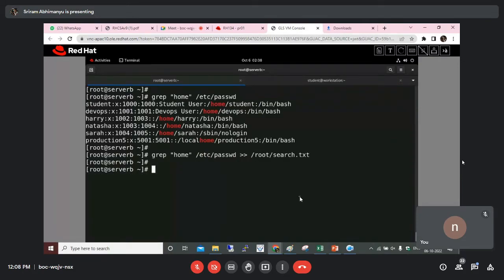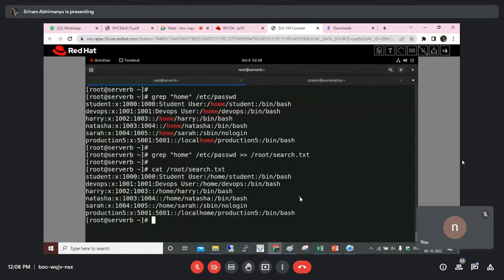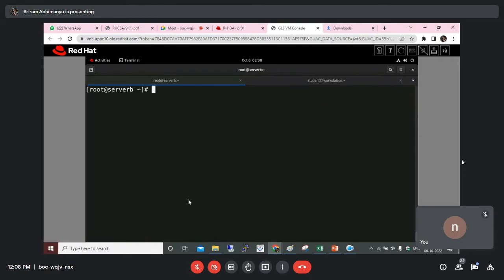Okay, so we can verify the output by using cat /root/search.txt. While I'm giving the grep and the /etc/search.txt, both are giving the same output, which means your output is correct. So this is the 10th question. And the 11th question is